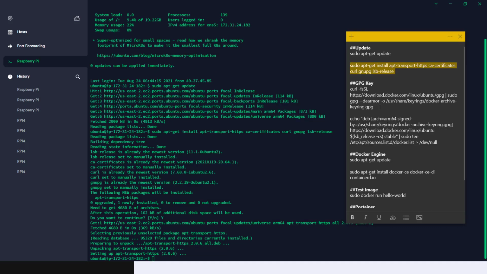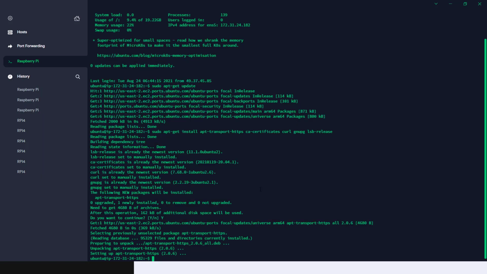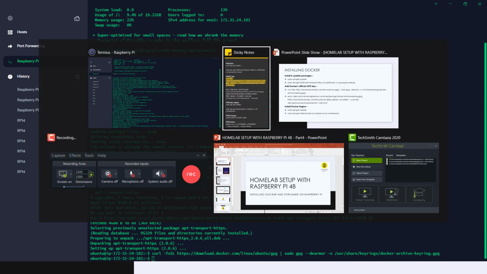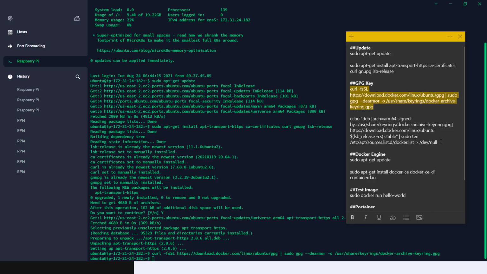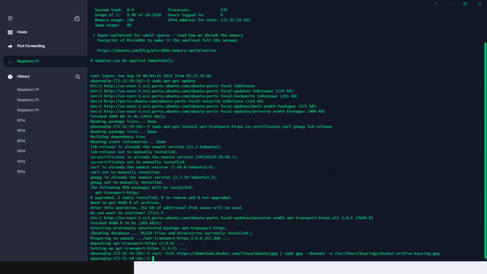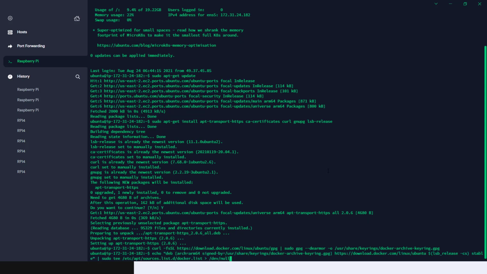Now it's time to add the GPG key. This GPG key means you are actually downloading from a secure server, so they need some kind of communication to install Docker here. That's why we are adding the key. Remember that your architecture should be ARM 64-bit, because Raspberry Pi is ARM v8, as you have read earlier.